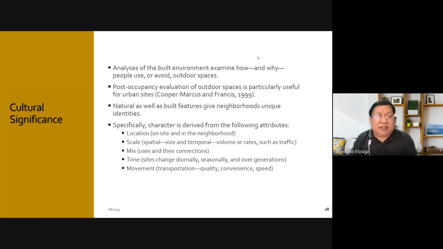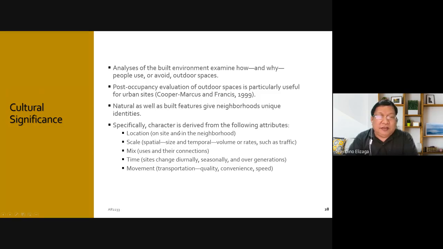Cultural significance is also a big opportunity in a site. Analysis of the built environment examines how and why people use or avoid outdoor spaces. So we mentioned that earlier. And post-occupancy evaluation of outdoor spaces is particularly useful for urban sites. Natural as well as built features give neighborhoods unique identities. So specifically, character is derived from the following attributes. The location, so it depends on the neighborhood,